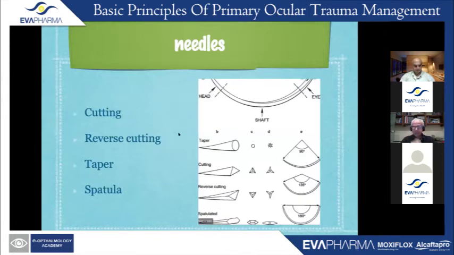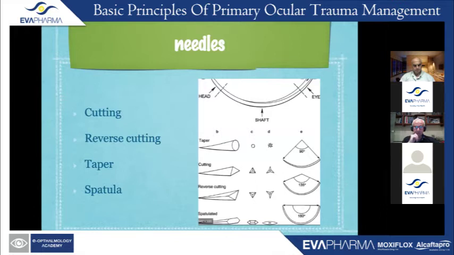The type of needles, and this is also very important. When to use the cutting, the reverse cutting, the taper, the spatula. The cutting needle, you can use it in the subcutaneous tissue. But the reverse cutting and taper, keep it for the skin. So if you have a cutting needle like this one, you can use it in the subcutaneous